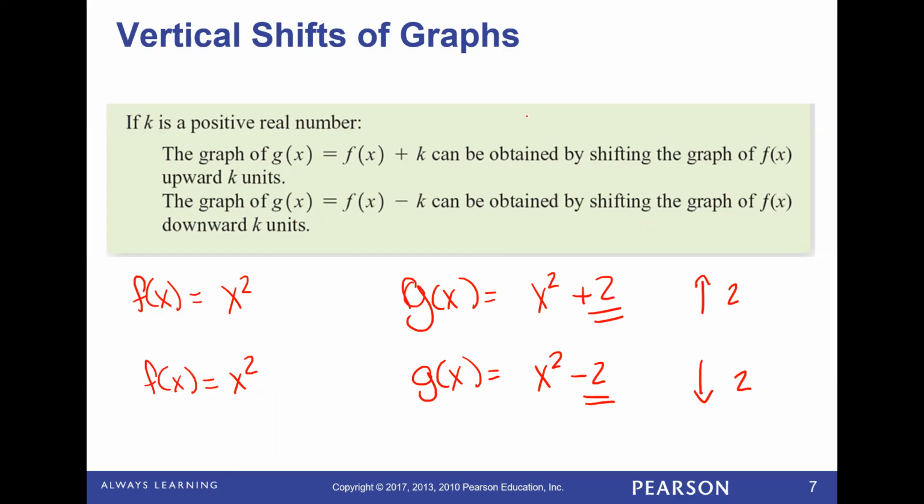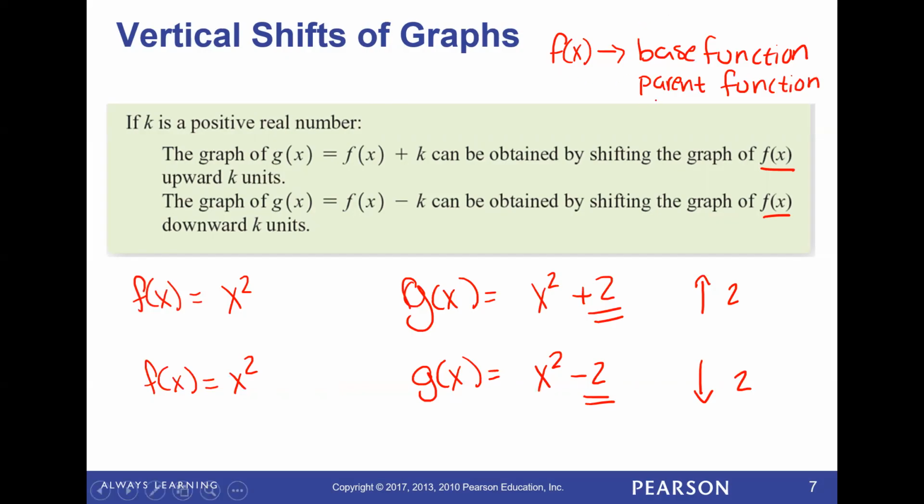Okay, and that's actually what we're looking at here. Now, when we refer to this f of x here, sometimes we give it a name. When we talk about f of x, sometimes we call this our base function, or sometimes we might call it a parent function. Either one of those names will work, they're kind of the same thing. And what I mean by base function is, what is that basic shape of the graph? Okay, so we're going to continue on with